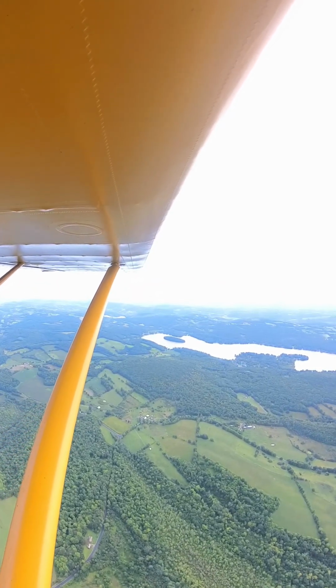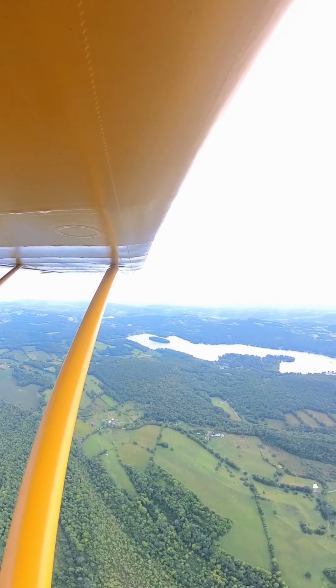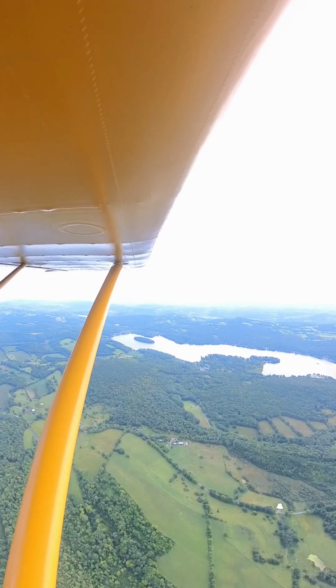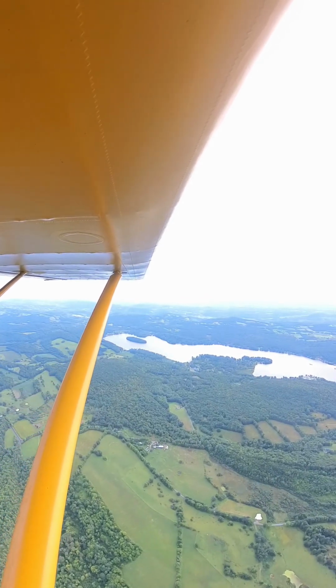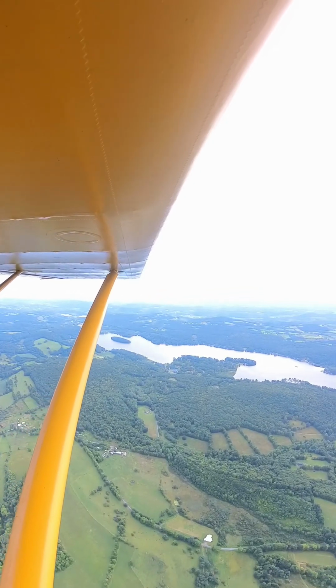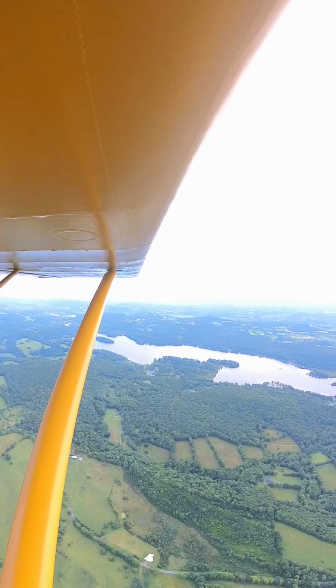We're flying on the stick just with 2 fingers, right? My thumb and my first finger, nice and light on the stick. Always my feet are very active because I want to keep the plane coordinated, flying as efficiently as possible. So back and forth on the old tail dragger. So one thing that I picked up on the tail dragger, I think a lot, has been